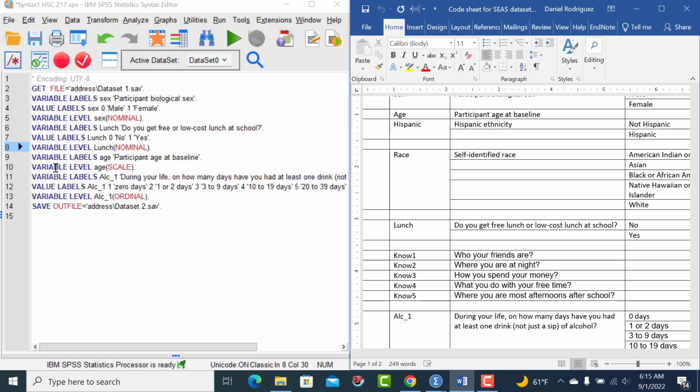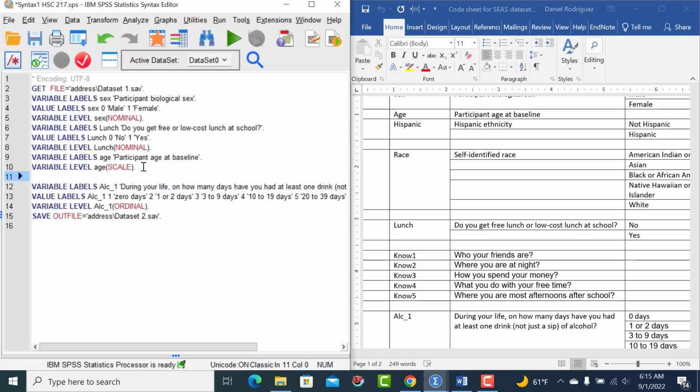Well, here's an example of a scale variable, age. A person's age is on a continuum. So we give it a variable label, participant age at baseline, and we assign its level as scale. But there, you notice there is no value labels line. So when there's a scale variable, there's only 2 lines of code. So let's add